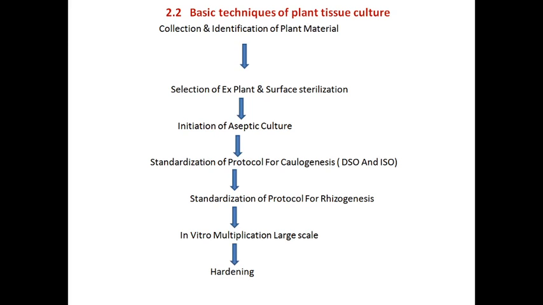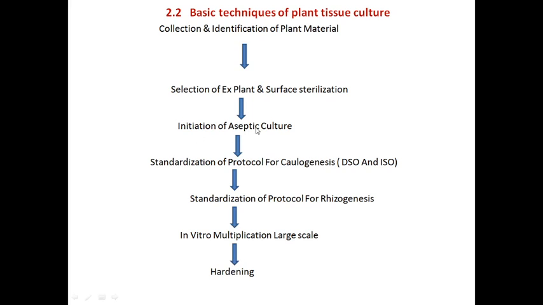Meristem, like that. So when we select the explant, then further there is surface sterilization. Surface sterilization is the most important thing, because whatever explant is there, it is in an open, field condition, and on that explant there are various microorganisms. Surface sterilization is carried out with the help of normal tap water, then the fungicide Bavistin, then we can use HgCl2, mercuric chloride solution 0.1%. These are specifically used in the surface sterilization technique.